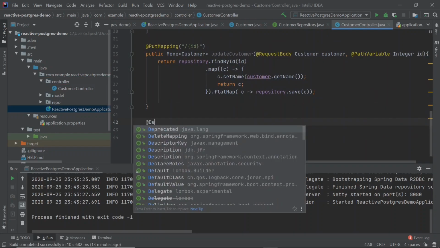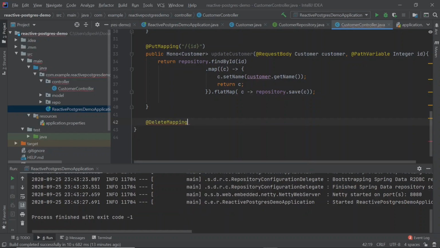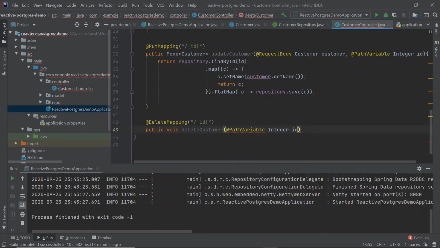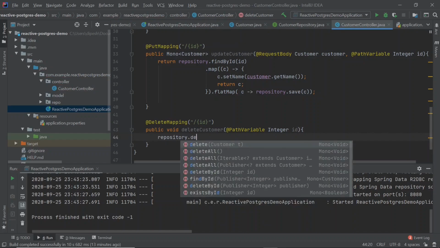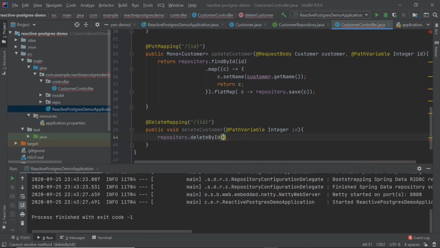Now our last mapping, which is the delete mapping. Delete mapping is also straightforward. We will create public void deleteCustomer, and delete also will require a path parameter, so we will use ID here, a direct path variable, and repository.deleteById and pass the ID to it.